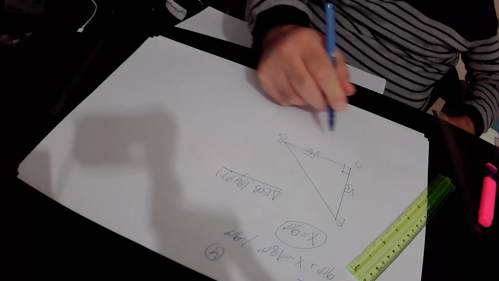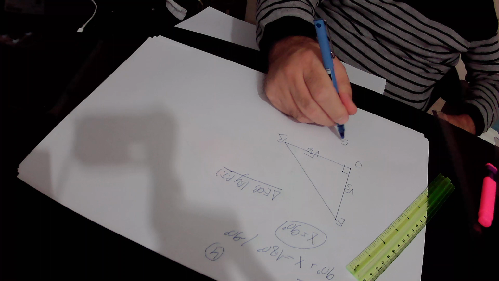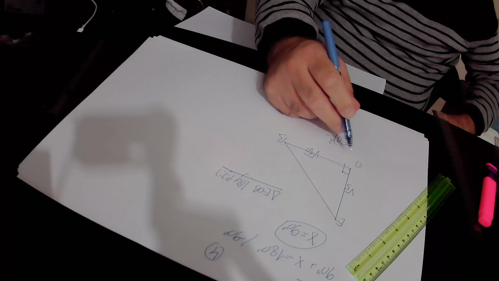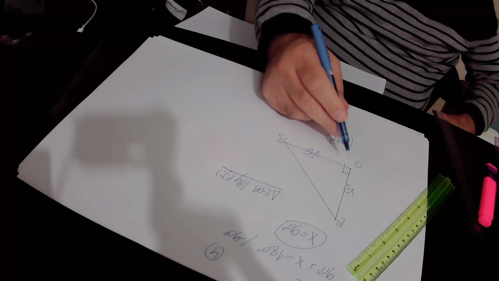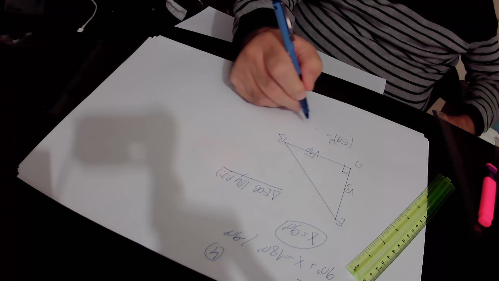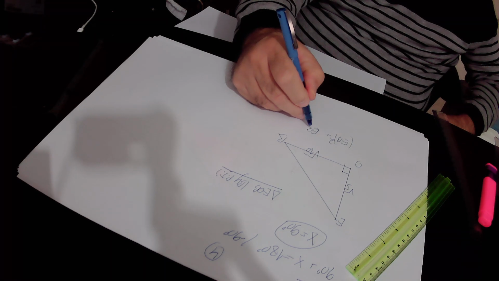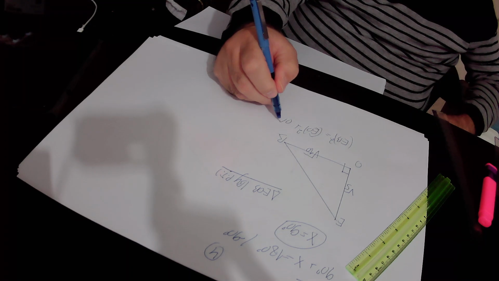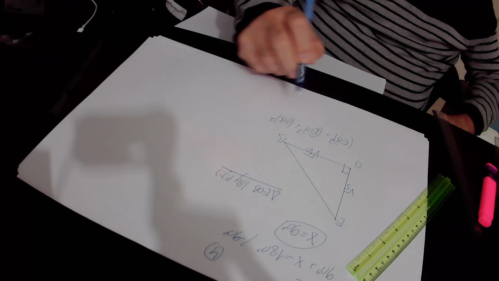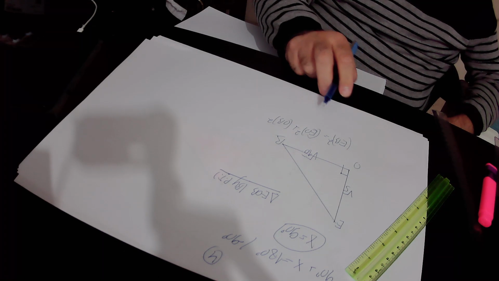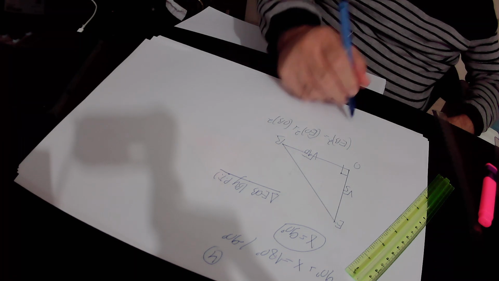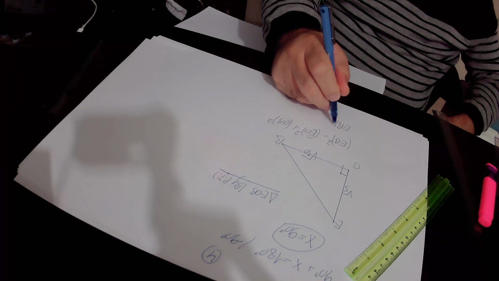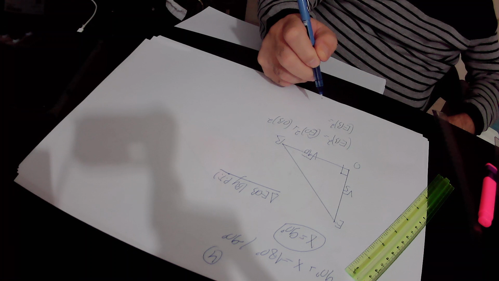The hypotenuse is EB, therefore the square of the hypotenuse is EB squared. And it must be equal to the sum of the squares of the perpendiculars, that is to say it must be equal to EO squared plus OB squared. According to the Pythagoras theorem, EB squared equals EO squared plus OB squared. So EB squared is the missing side, so we leave it as it is. EB squared equals EO squared